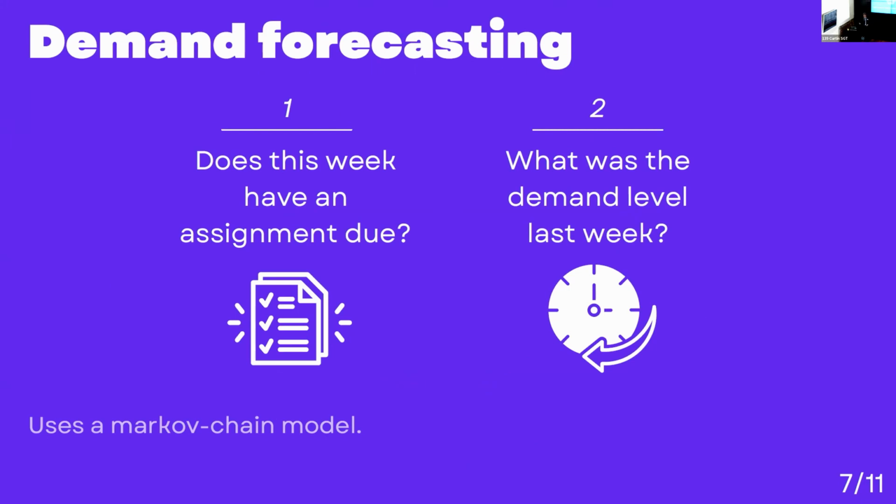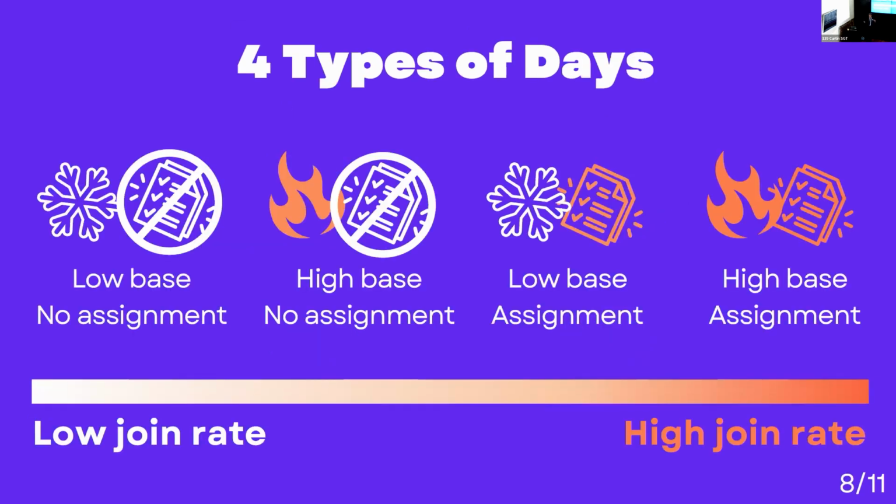And I make a very simplifying assumption with number 2, and that is you have two underlying levels of intensity of student join rate. So you have a low base level, which will happen some weeks, and it's likely that you'll go from low level to low level each week. But occasionally you'll have some weeks which are just generally higher levels. That could be harder content, you're getting to a harder part of the course, and a higher level week is likely to follow a higher level week. Okay, and then each of these can have assignments or not have assignments.